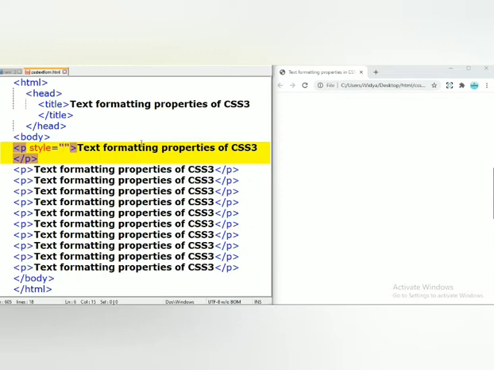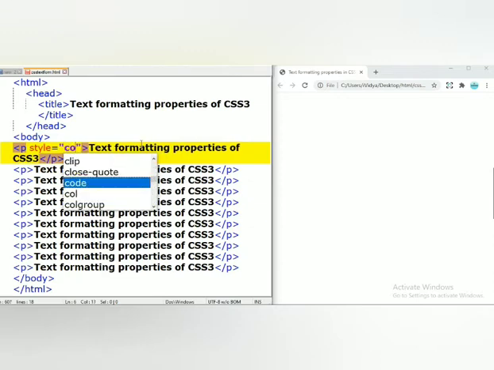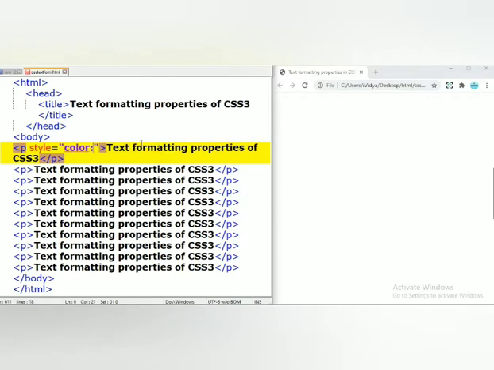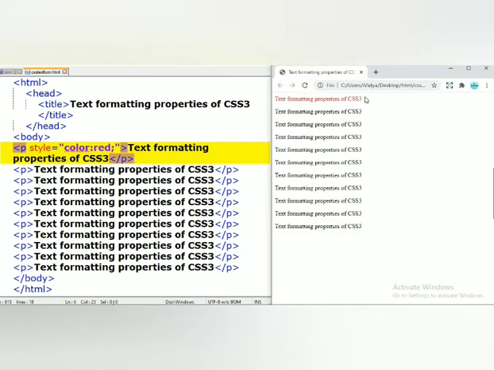The first property we are going to learn is color, then a colon, then the value. I will give the value red, meaning the text color will be red. I am going to save this, and I have already run this program. For the first line we can see the color has been applied as red.